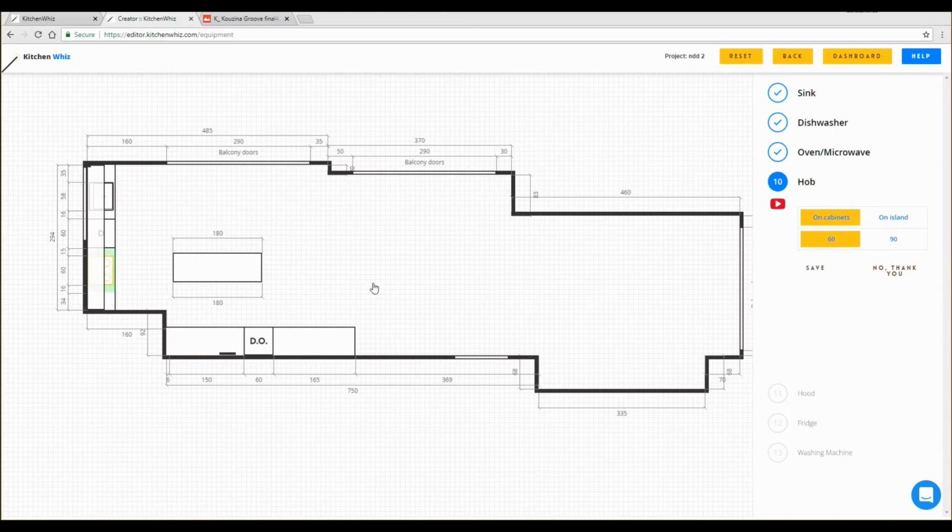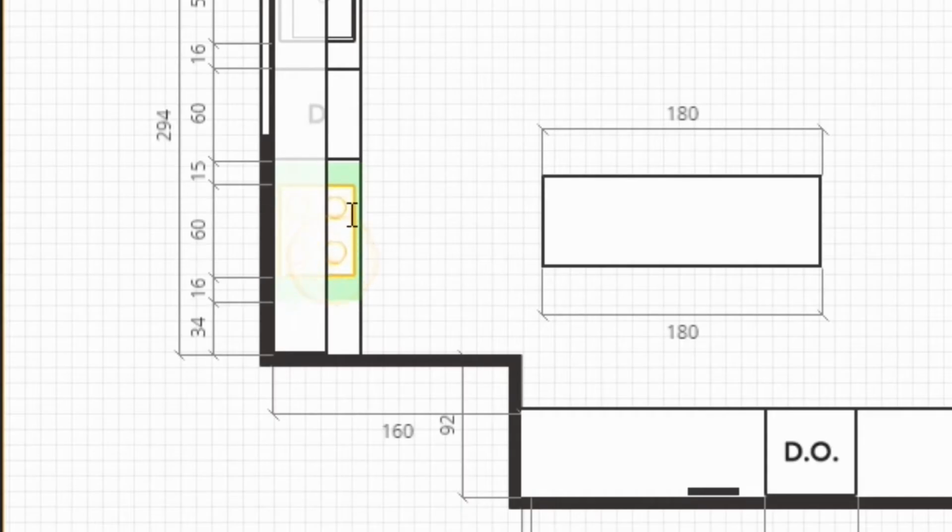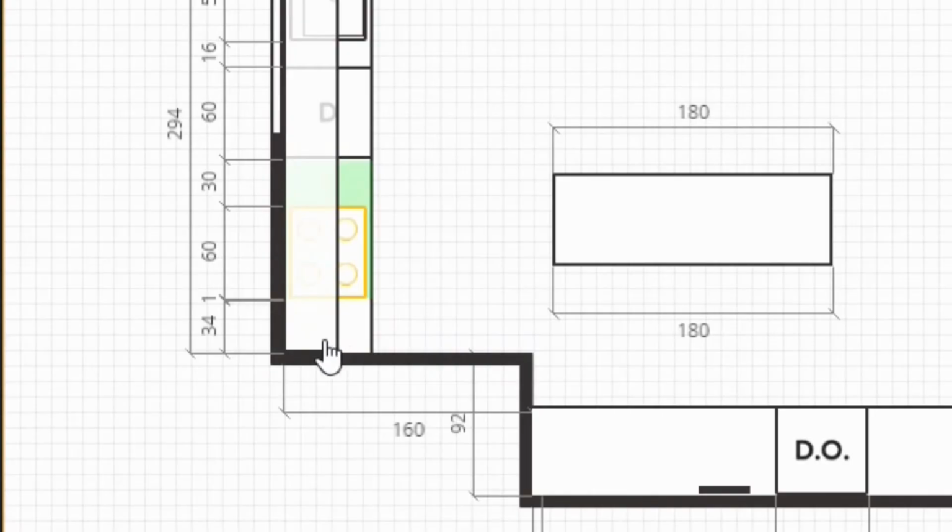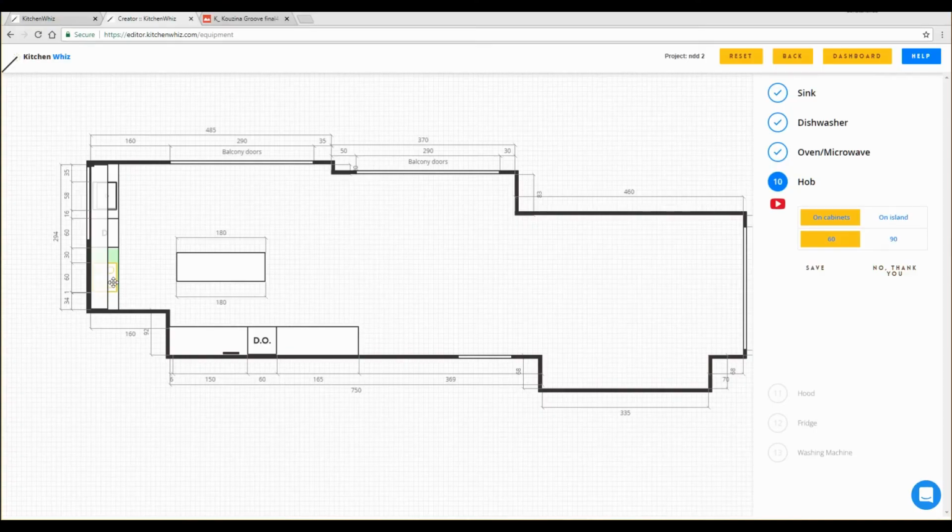The hob, I'm going to place it here. I'm gonna move it a bit to the left. As you can see, we cannot go any further here because KitchenWhiz will not allow you to, because if the hob is too close to the wall, then it's considered a fire hazard, so we recommend at least 30 centimeters away from the wall. Gonna click save,